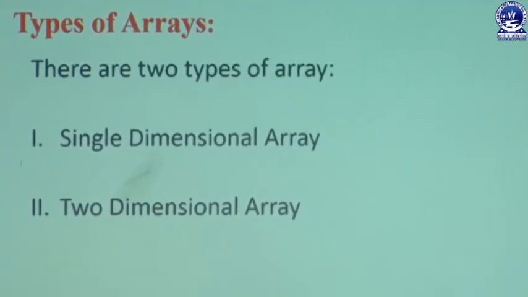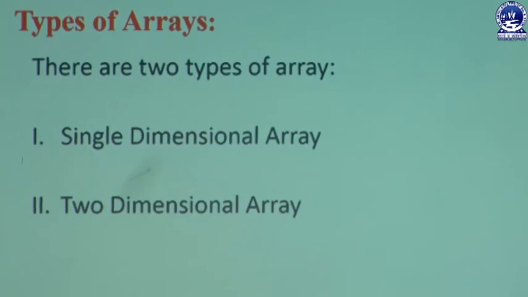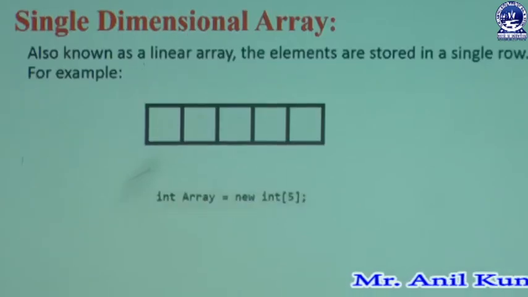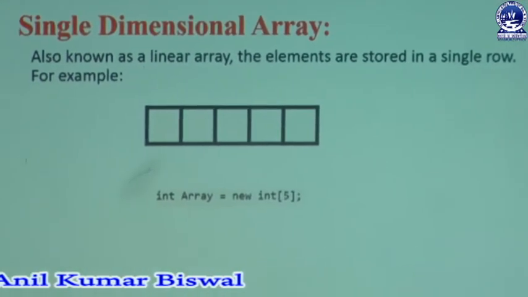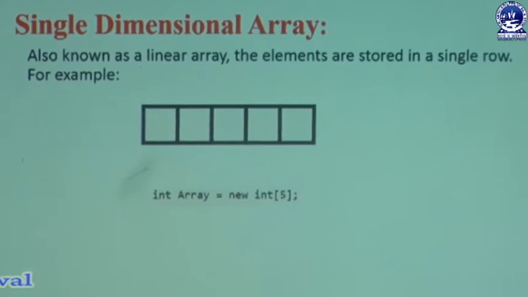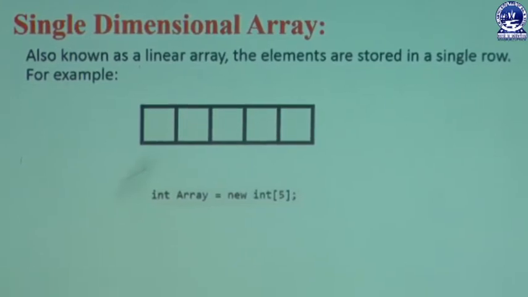Especially in Java, we learn the single dimensional array, or 1D array, meaning one dimensional array. The next one is the two dimensional array, or 2D array. Sometimes that 2D array is also known as a multi-dimensional array. First of all, we can learn the meaning of a single dimensional array. A single dimensional array means that whenever a user declares a specific type of variable, it can store a single row of elements. It is one type of linear array, meaning we store linear elements in our memory location.